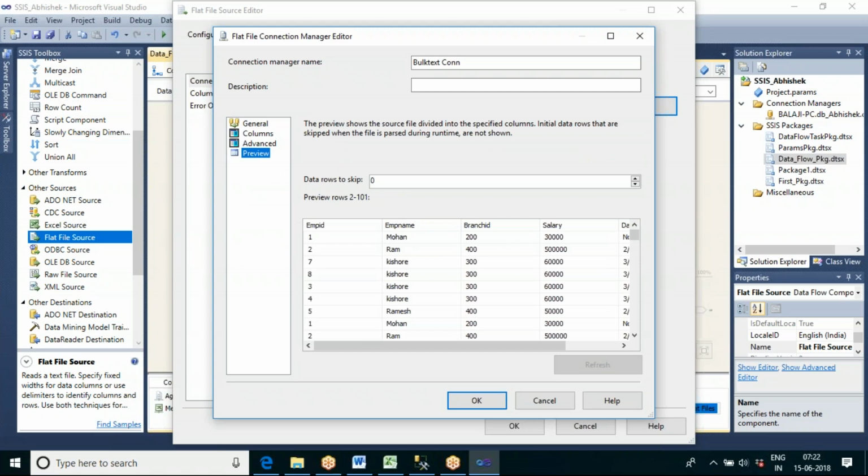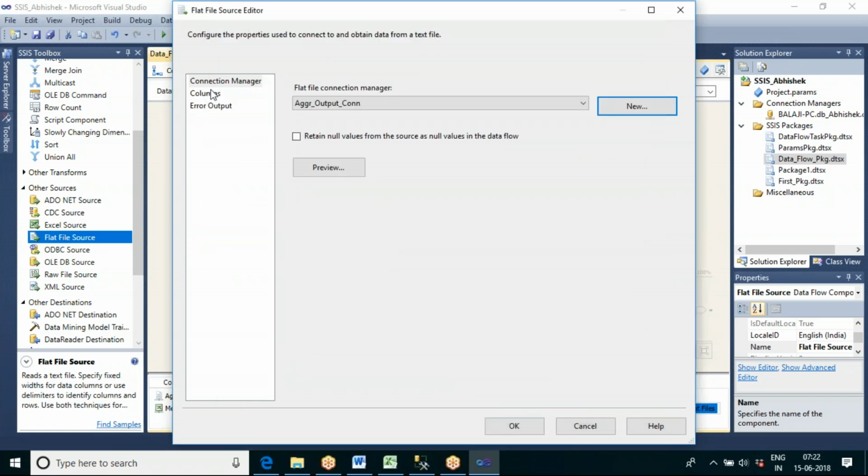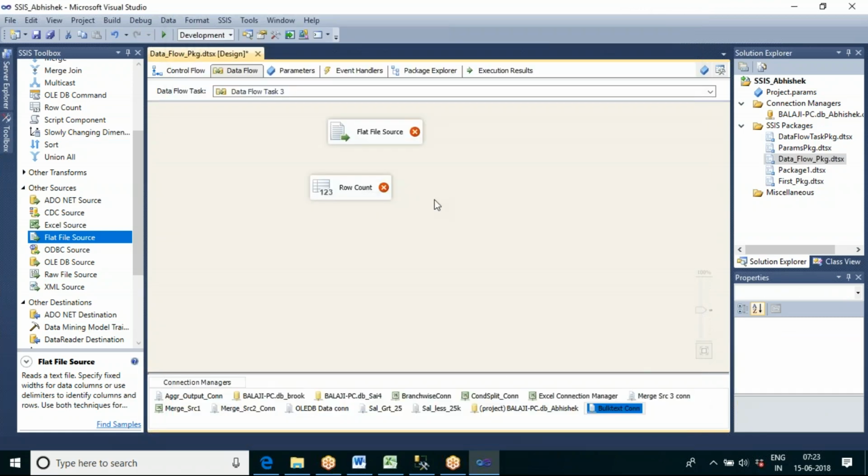Yes. Now let me go on preview. You can see we are getting the source data, but I don't know how many records are there. Let us click on OK. My source data is ready.